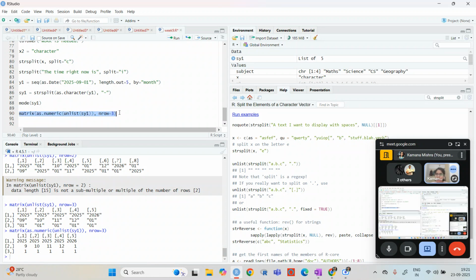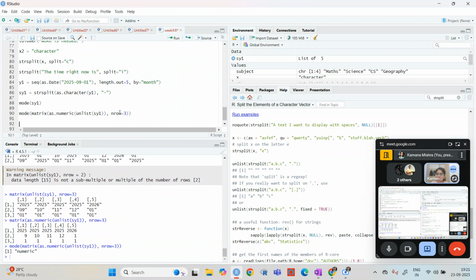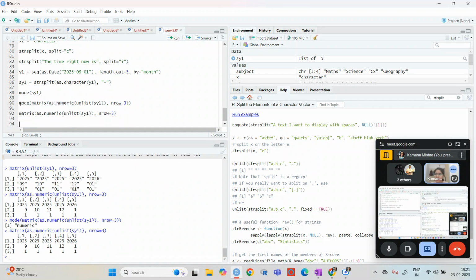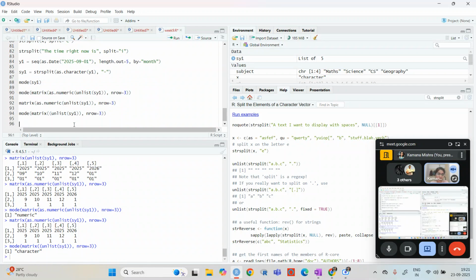If I write the mode of this, then you can see this is numeric. Okay, let me run this also. Whereas if I remove this, you can see the mode has also changed.